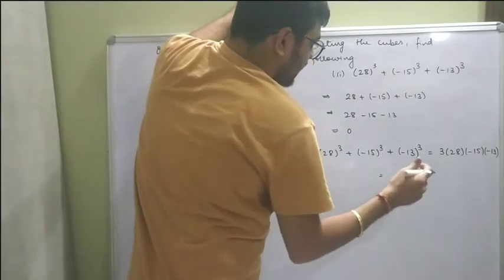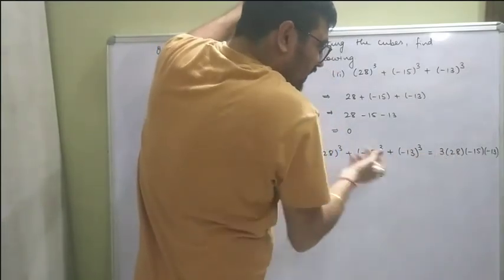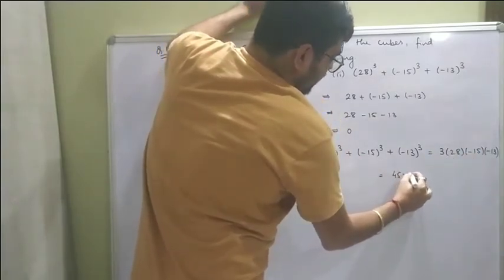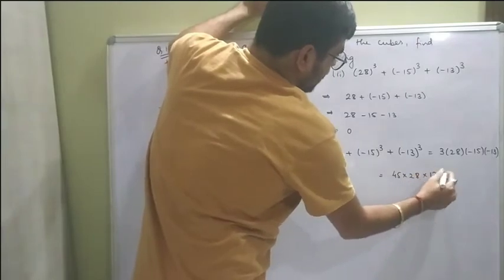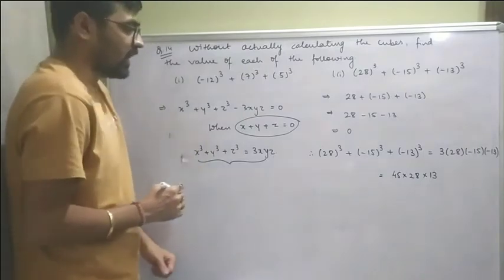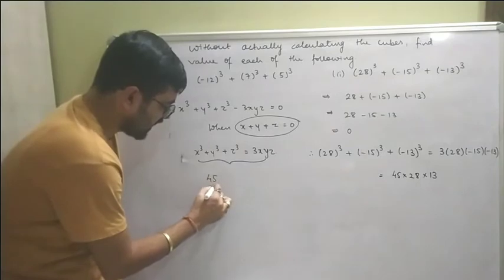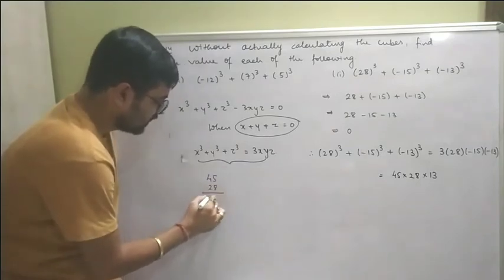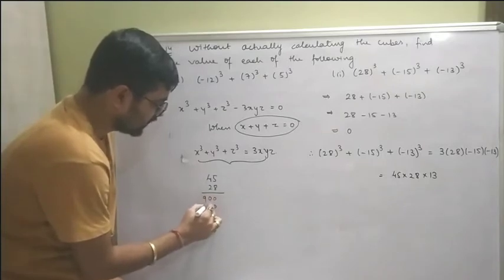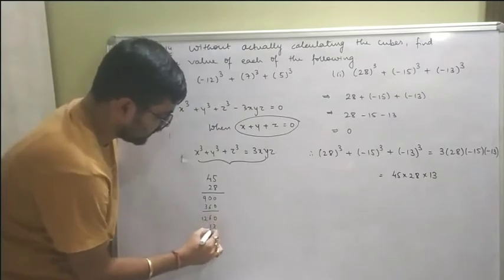चलो सिंप्लीफाई करने की ट्राई करते हैं जिससे इजी हो. 28 3s are, I don't know, it's that difficult. So 15 3s are 45 है ना, 45 into 28 into 13 because I took negative negative positive. So let's find out what will be 45 into 28. बाद में 13 से करेंगे. 45 into 28: 5 8s are 40, 4 8s are 32 and 36. So I got 1260 into 13.